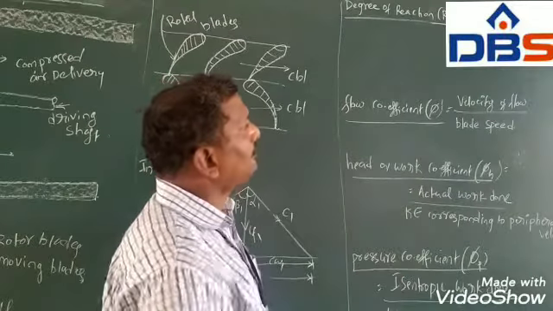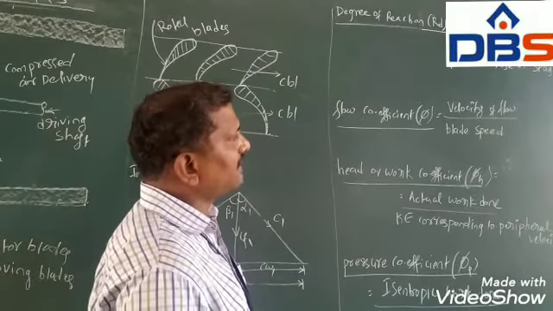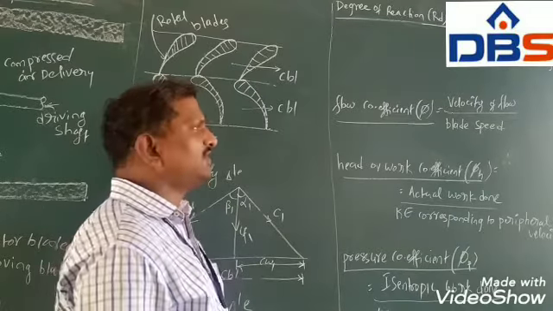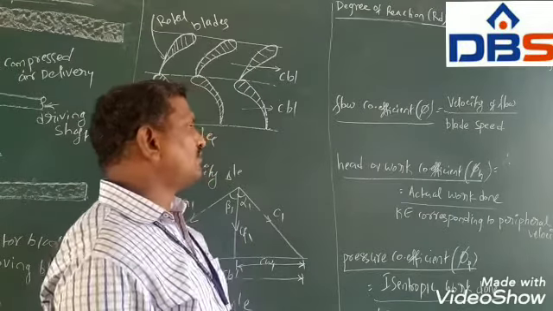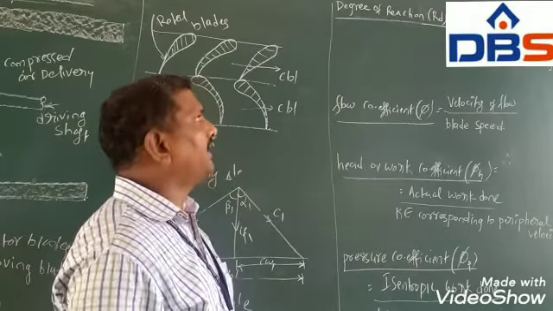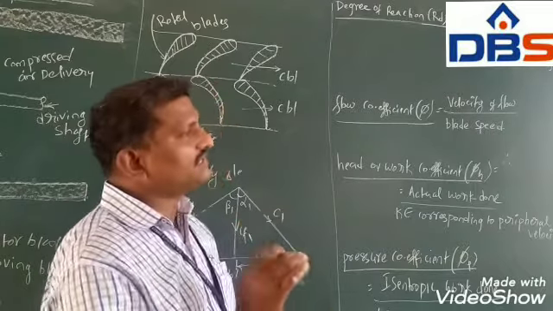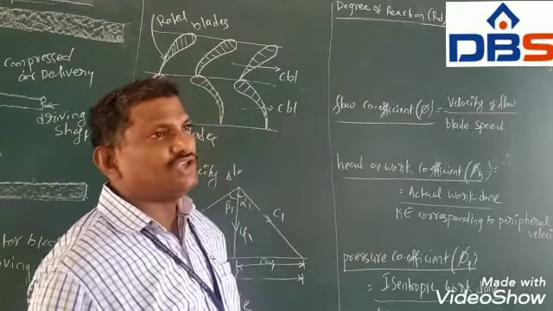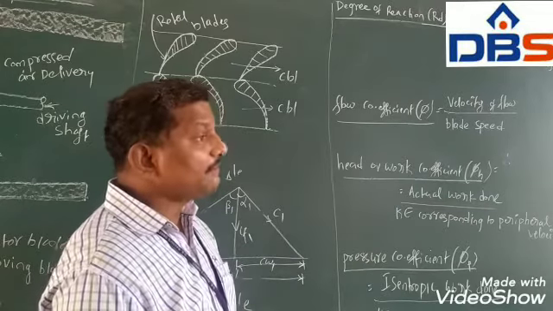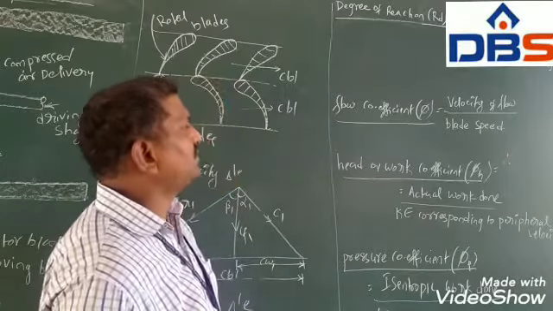This is nothing but the ratio of pressure rise in the rotor blades to the total pressure rise in a stage. A stage is nothing but a combination of rotor blades as well as stator blades. So if you keep the degree of reaction as 0.5, that means 50%, we can say that the blades are equiangular blades. These are also called symmetrical blade structure. And next comes the flow coefficient.